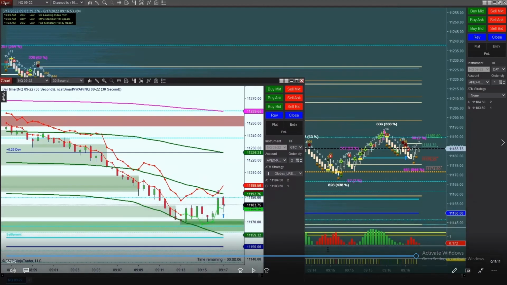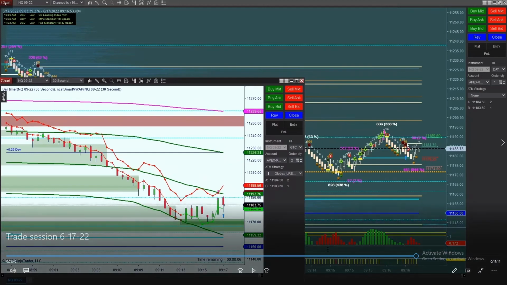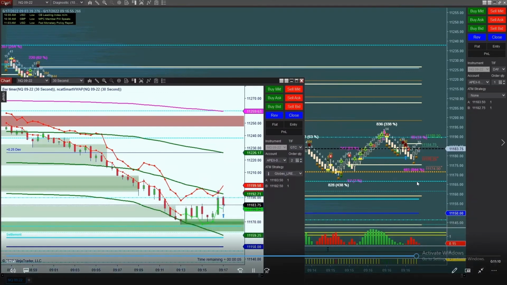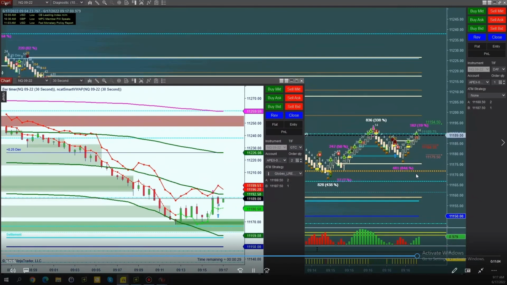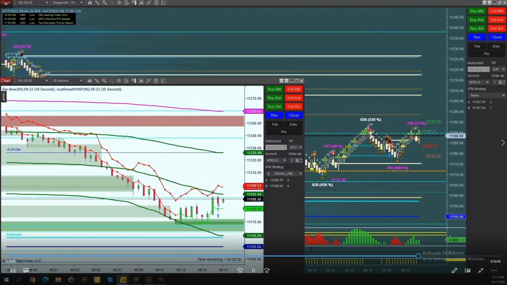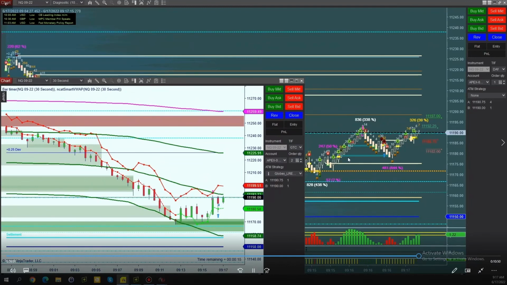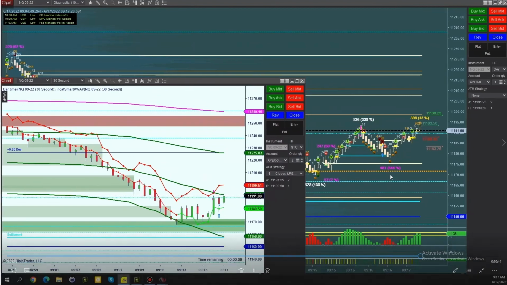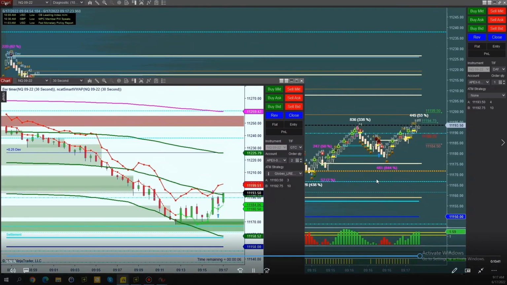And what I would have done if I tried to stay in, once this came back down, laid this mini magnet, because I was in right here, right? I'd move my stop to either break even or behind this mini magnet if I wanted to stay in and see if I can get it down to this mini magnet or this dynamic magnet. So if I stayed at break even or moved it to this mini magnet, I'd be out now. But I'd rather take my full 5 points or more. In this case, I think it was a little more because, see, it came back down, tested this area. Now it's going back up. So glad I just took my full profit.